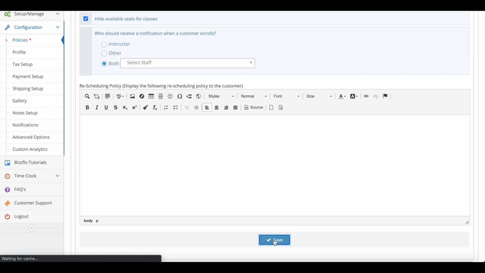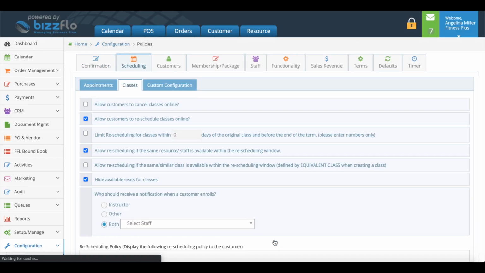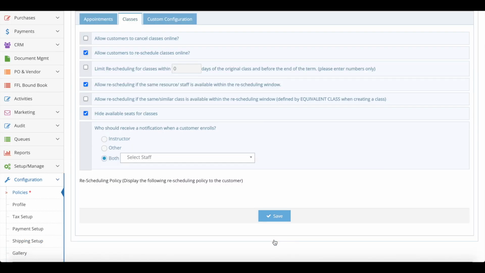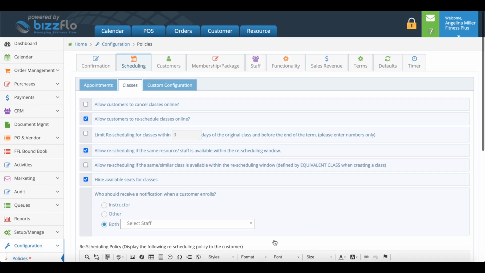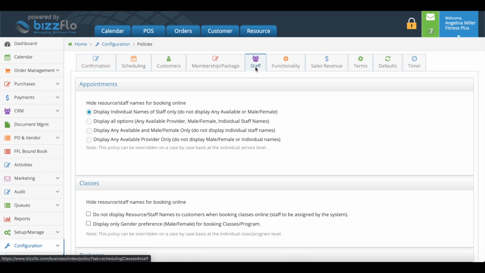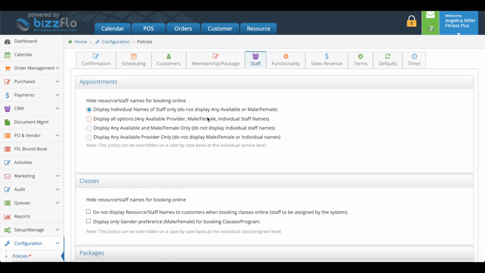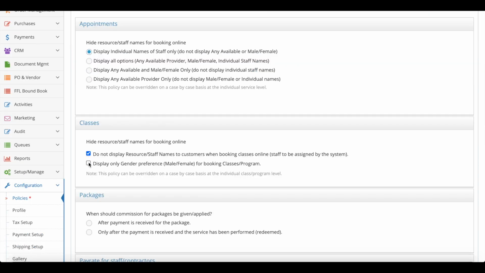In addition, if you would like to hide resource or staff names from the customer when they are booking, you may do so under the tab labeled Staff at the top. Then checking the options to not display resource/staff names to customers when booking classes online, or display only gender preferences